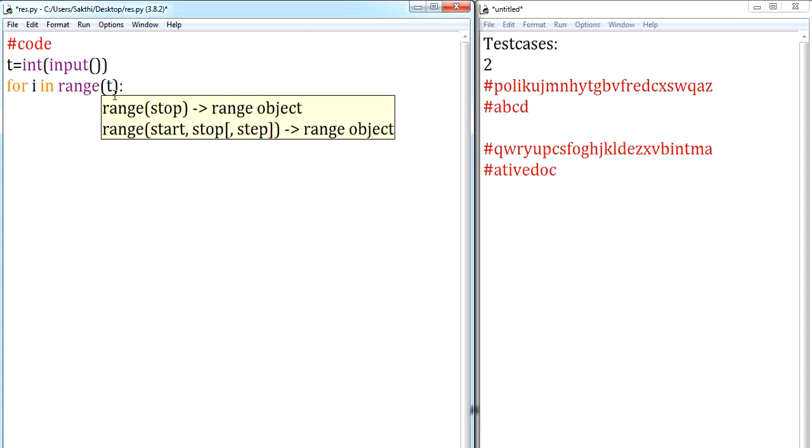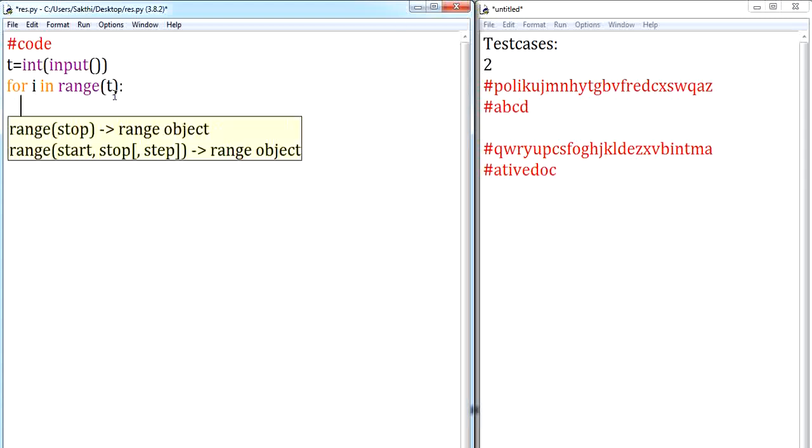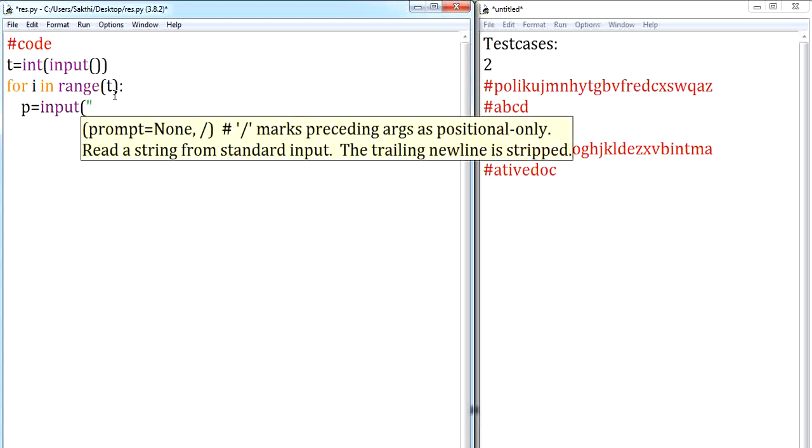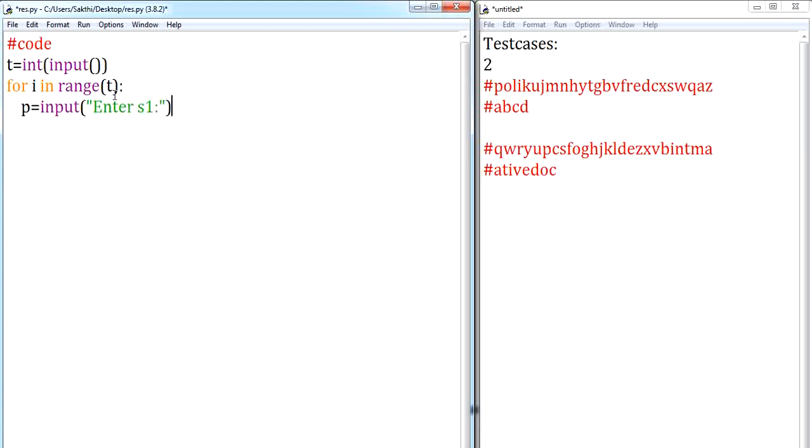Inside this, I am going to accept my P string. So P assign input, enter string 1. This is only for our notification, and whatever test case they are given here, try to follow the same statement. If they are given just empty, directly accepting input, don't give enter string 1.